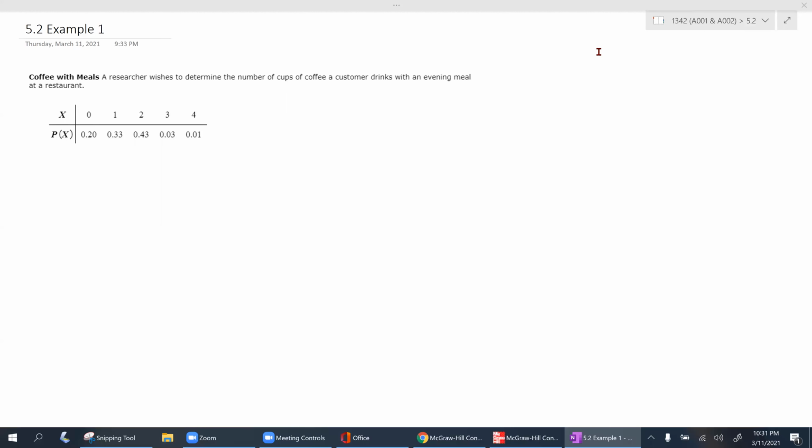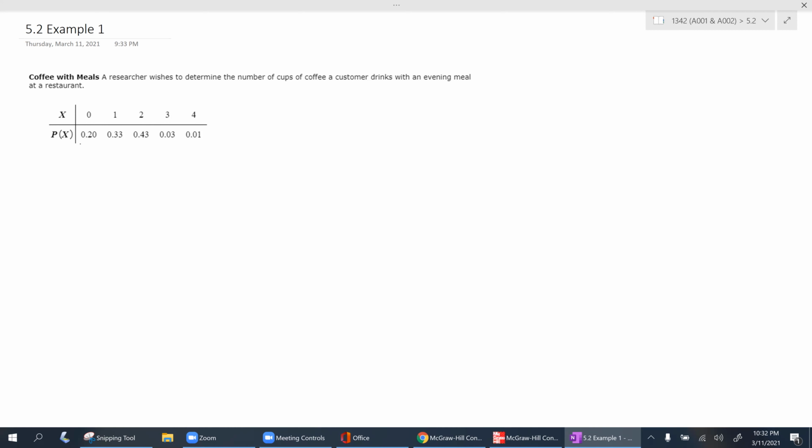Hello class, welcome back. Today we're going to be covering section 5.2, covering mean, variance, standard deviation, and expectation in probability distributions. In section 5.1, it was getting us used to the probability distribution table and reinforcing the ideas we covered during unit 1, stating that your probability values must be bounded between 0 and 1, and that they must be positive, and also